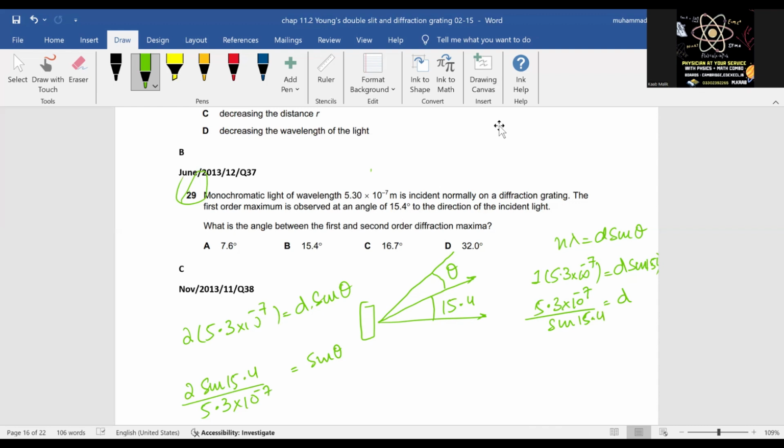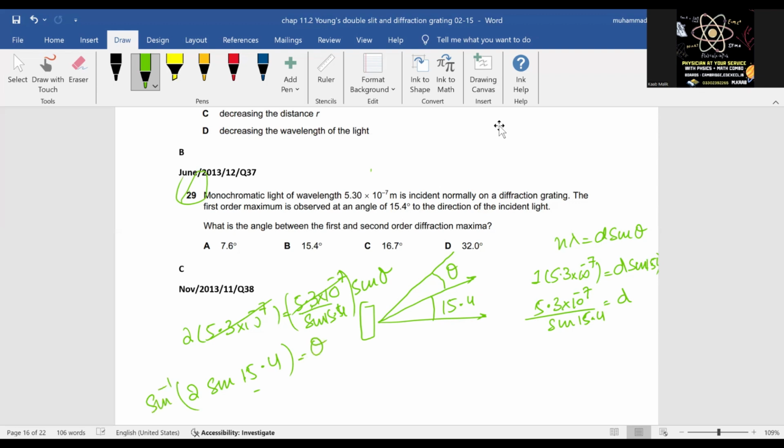देखो, d में मैंने d रखा है, और फिर वो कैंसिल करके मैंने वो कर दिया है। भाई मैं करके दिखा देता हूँ, डोंट वरी। d की जगह पे मैंने रख दिया 5.3 एक्सपोनेंट -7 डिवाइडेड बाय sine 15.4, और ये आ गया sine theta, दिस इज द प्लेसमेंट। और ये कैंसिल हो गया, सो आपके पास आ जाएगा 2 sin 15.4, और यहाँ पे sine inverse, और ये आ जाएगा theta।